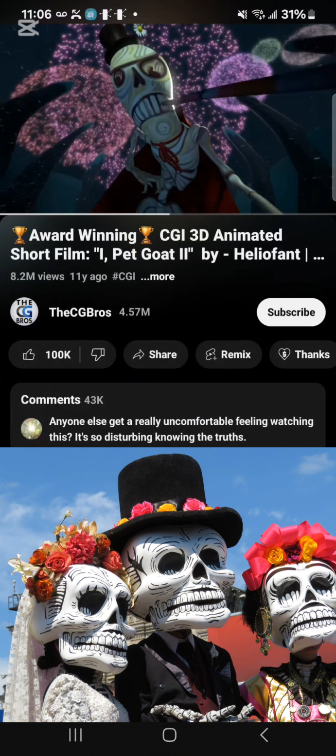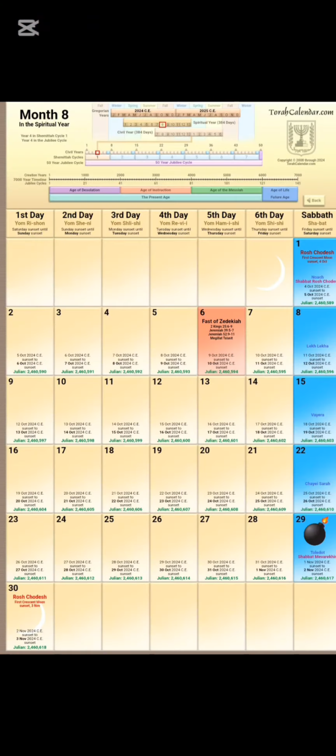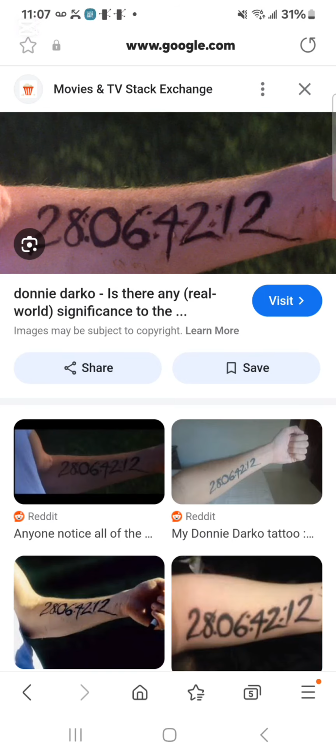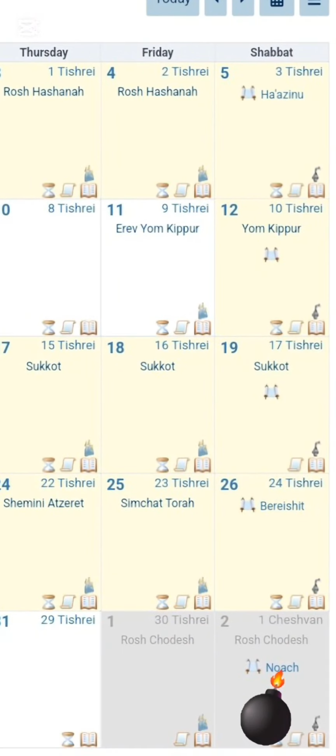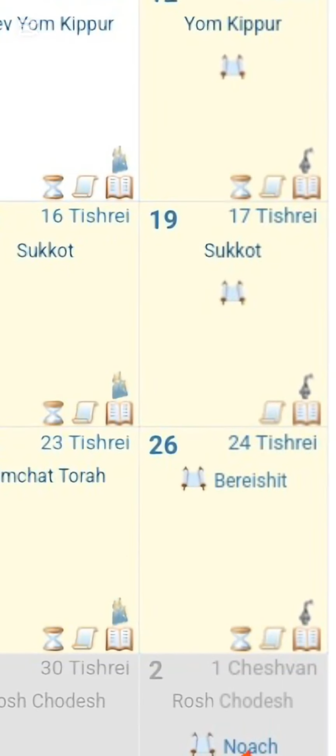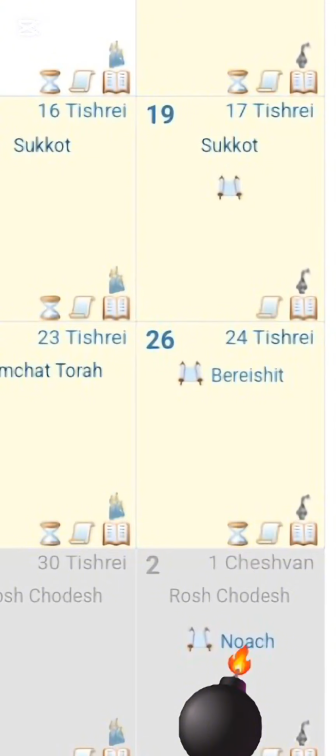But this is even crazier. Look at this. So you saw that comment from the prior video, or everybody probably but me knew that Terminator Judgment Day was 8/29. 8/29, November 2nd. Check this out. This part of Donnie Darko's arm, precisely the numbers 829. Okay? 829 on this half and 1224. Let's look at 1224. Guys, seriously, October 26th, Oct, Decem means 10. There's your December 24th on October 26th.